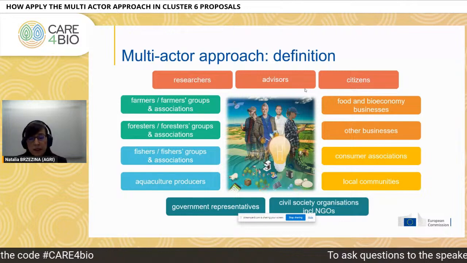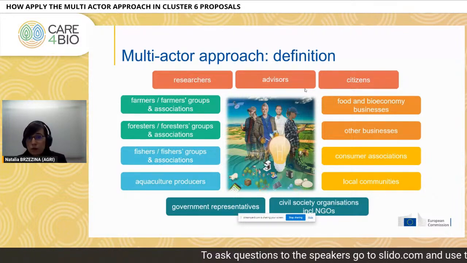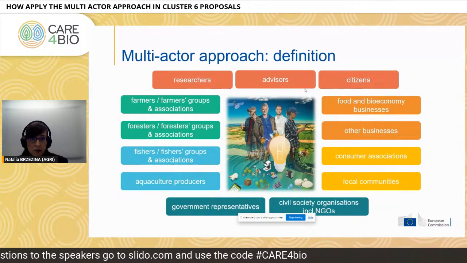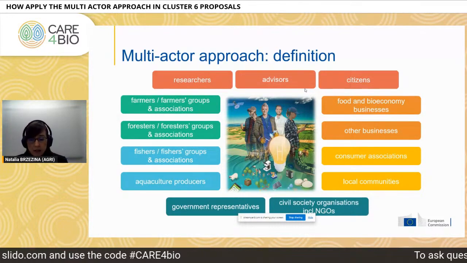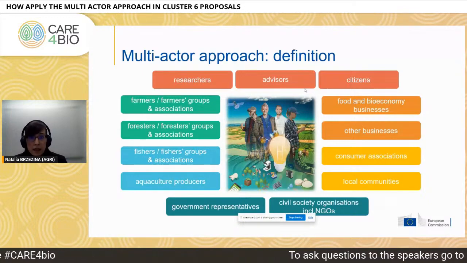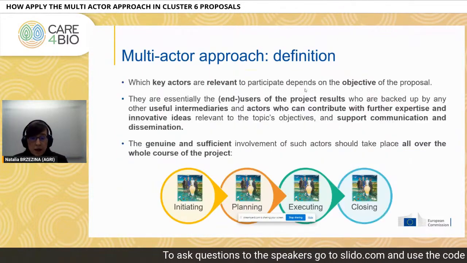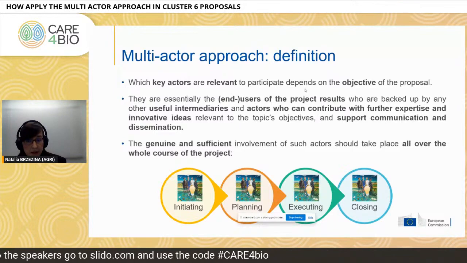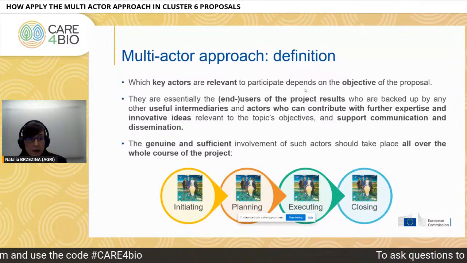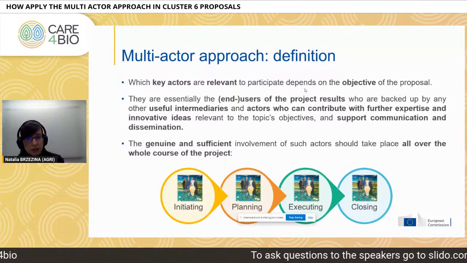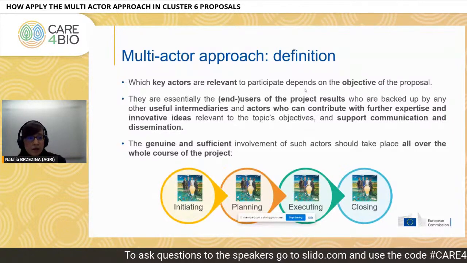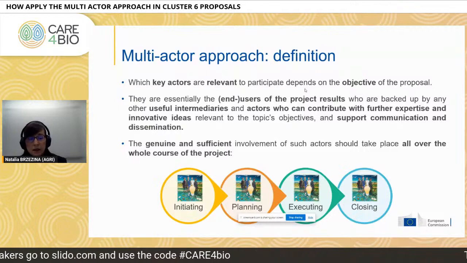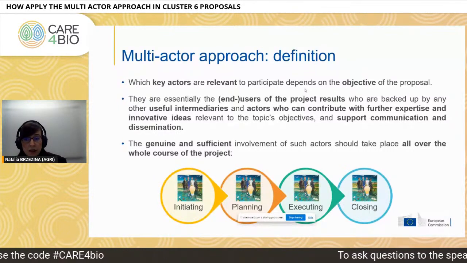Now, what is very important is that we do not require that all of these actors have to be included in all the projects. You have to make a wise choice of the relevant actors that are important to achieve the objective of the project and speed up the innovation and its uptake on the ground in practice. So which actors are relevant to participate depends on the objective of the proposal. They are essentially the end users of the project results, who are backed up by any other useful intermediaries and actors who can contribute with further expertise and innovative ideas that are relevant to the topic's objectives and support